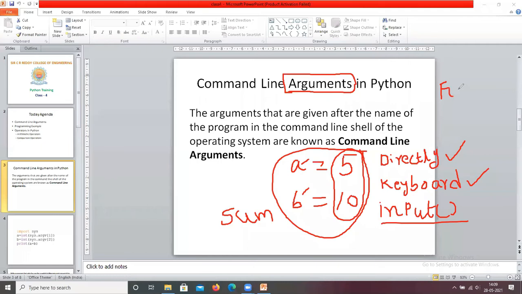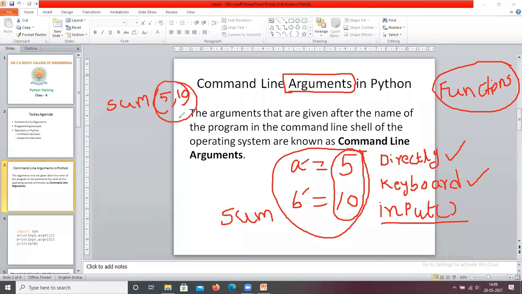Let us assume there is a function sum, and I pass these values 5 and 10 to it. Now 5 and 10 are called arguments. I hope you all know this concept from when you studied C language.